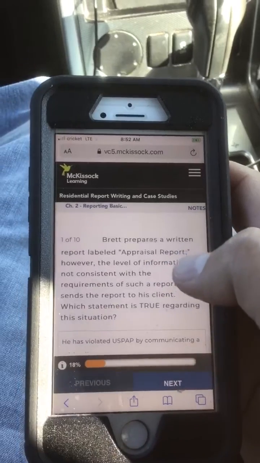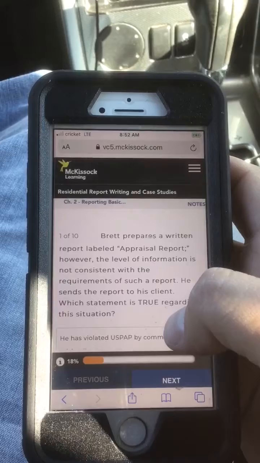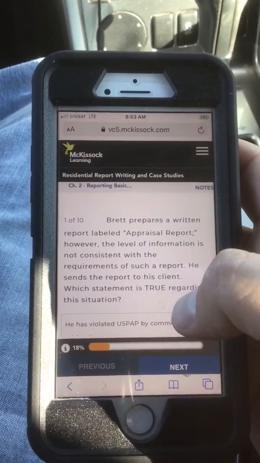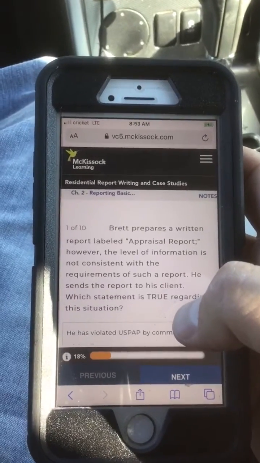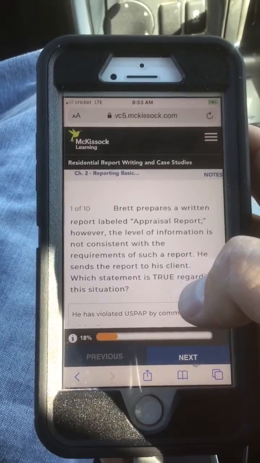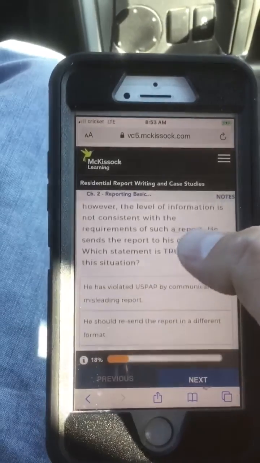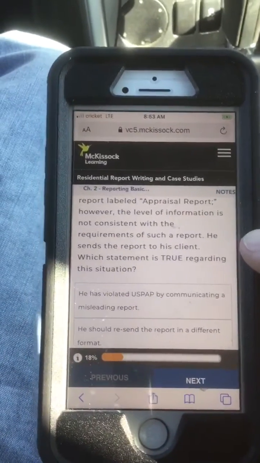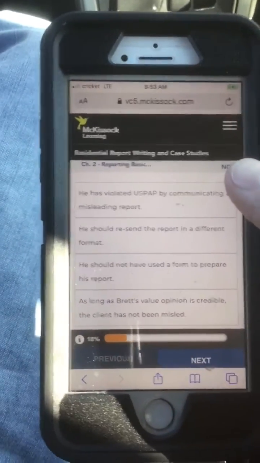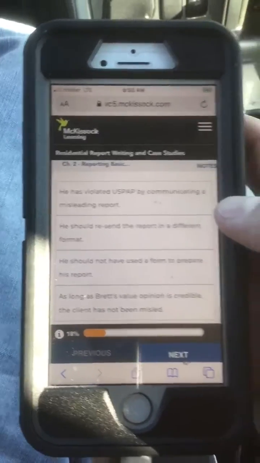Start quiz. Number 1, Brett prepares a written report labeled appraisal report. However, the level of information is not consistent with the requirements of such a report. He sends the report to his client. Which statement is true regarding this situation? A, he has violated USPAP by communicating a misleading report.